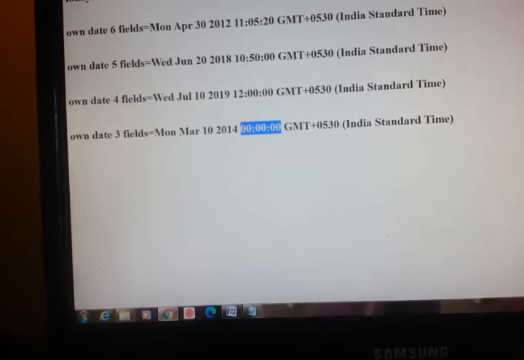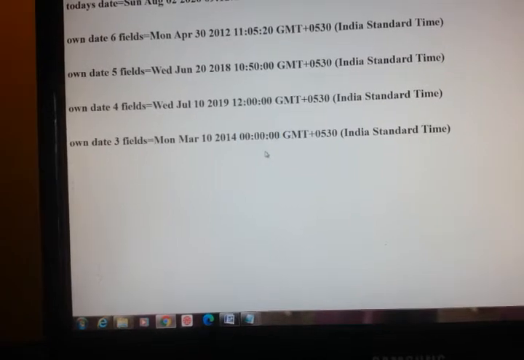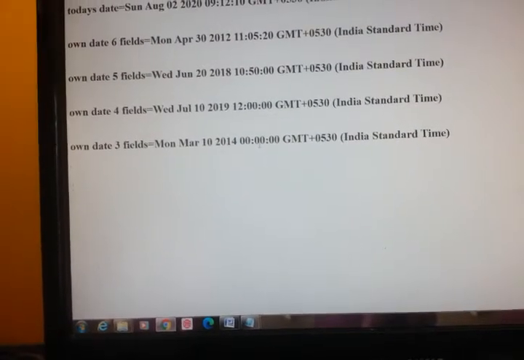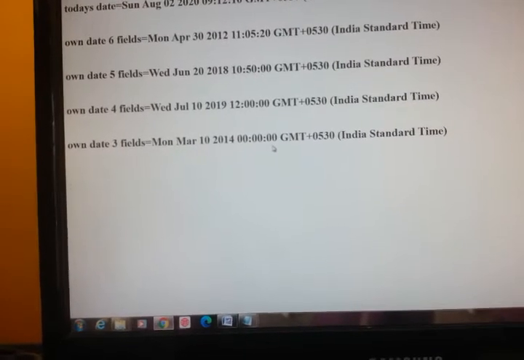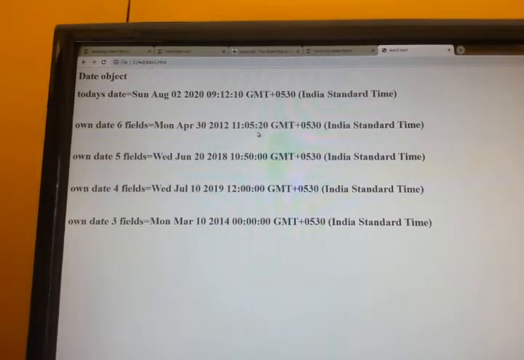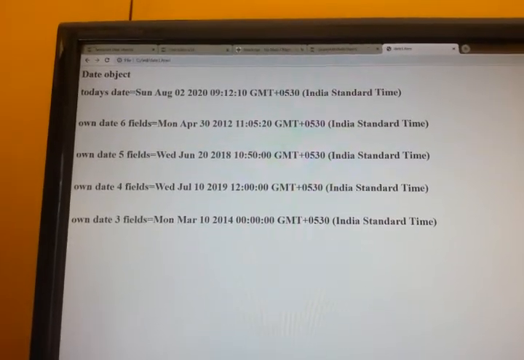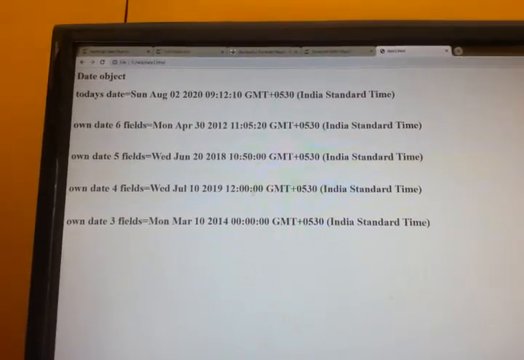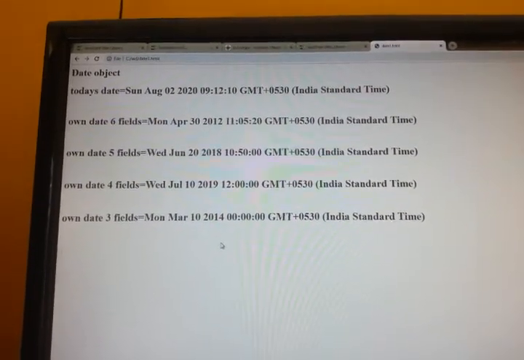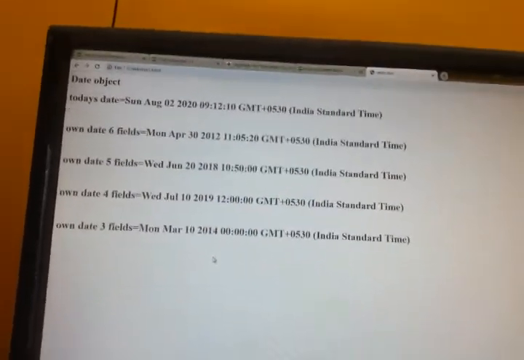This we haven't given, so it has taken it as 0, 0, 0. So hour it has taken 0, minute it has taken 0, and second it has taken 0. So you can observe, when I have taken 6 fields, I got full values, and with fewer fields it is making all the remaining fields 0.